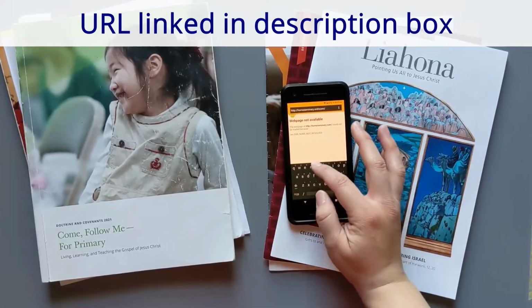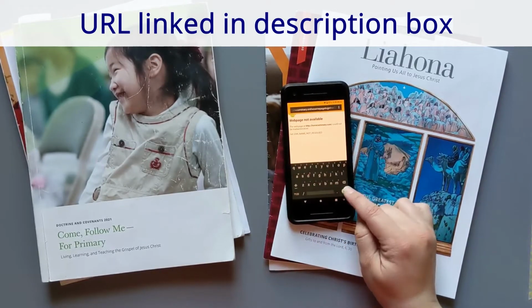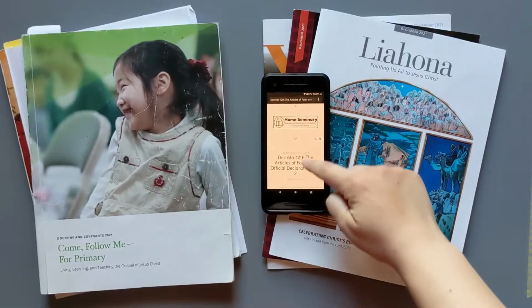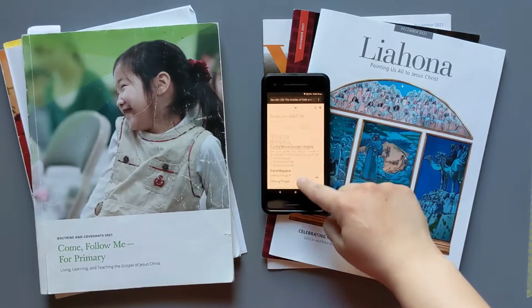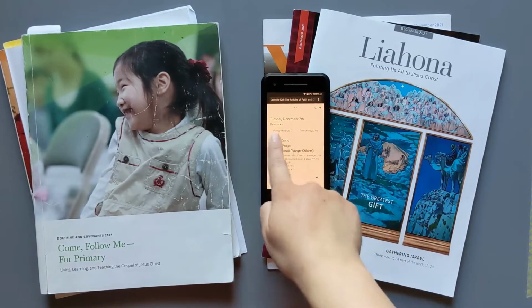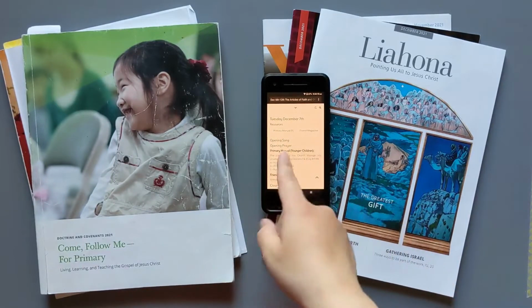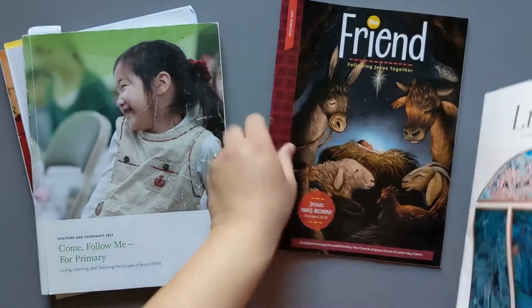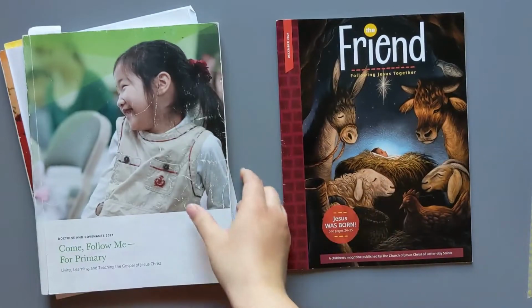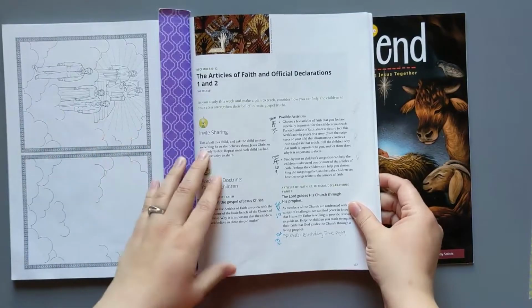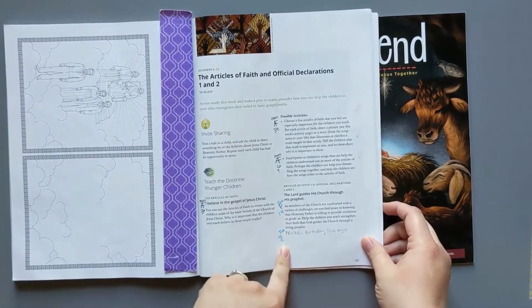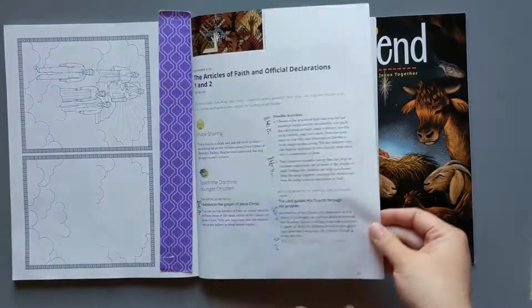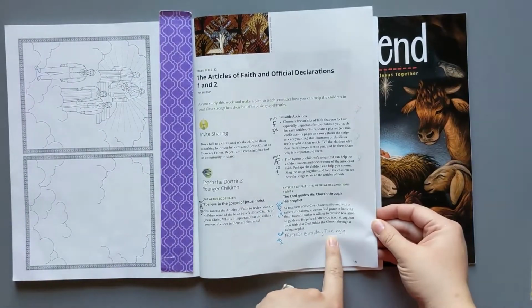The very first thing that I do when preparing seminary each day is to pull up the lesson plan outline on my phone. Then I go to the day that we're on, let's say we're on Tuesday, and gather the resources. In this case, I only need the primary manual and the Friend magazine. So I would pull those out, and then at that point, that's all I need from my lesson plan outline on the website, because when I go to my book, I have written in what I need. The blue was Tuesday, and I know which Friend article and what page.